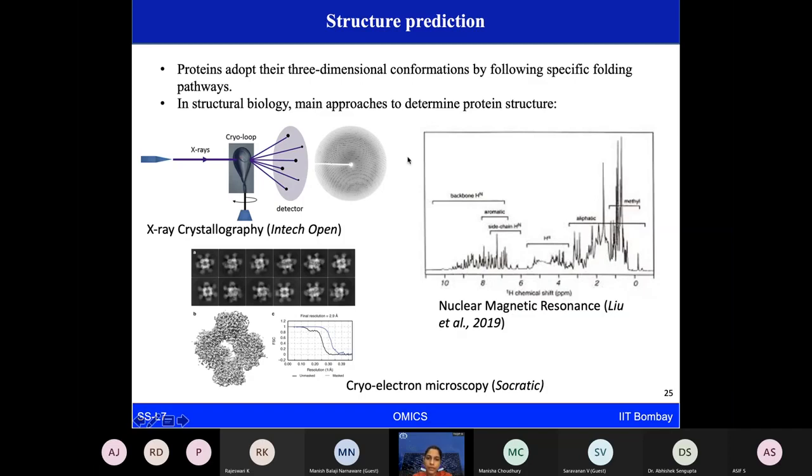The same thing happens in case of protein. So we have something called the native structure, also called the wild type structure. That is the resting structure of the protein, wherein we do not have any inhibitor bound to the protein.